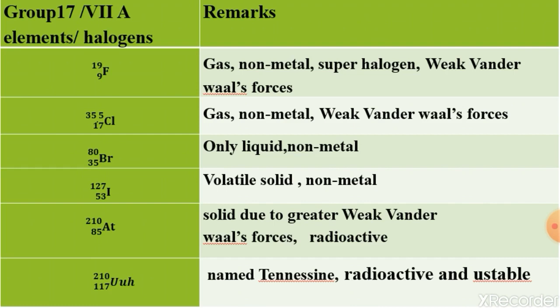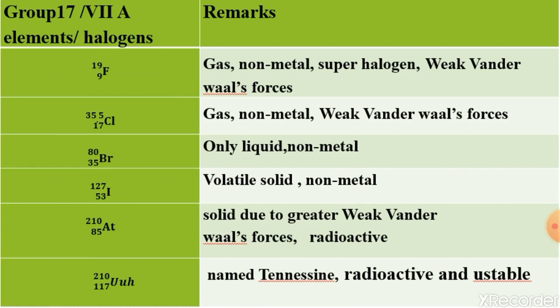Dear students, so many times you listen that we use iodized salt in our house, but this iodized salt liberates I2 in the form of vapor when heated. So that's why many times you are told to eat some salad and put some salt on that salad so that the deficiency of iodine does not take place. And you know that the deficiency of iodine causes a disease known as goiter, that is swelling of the neck.